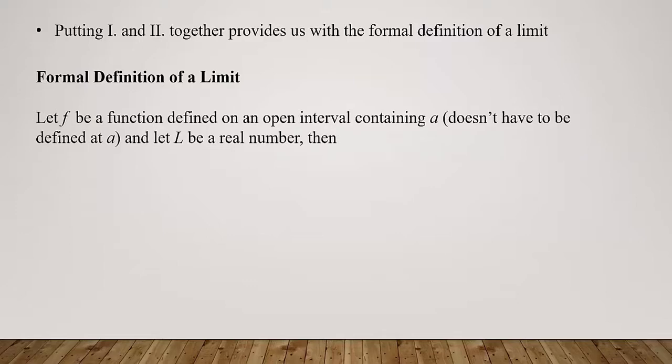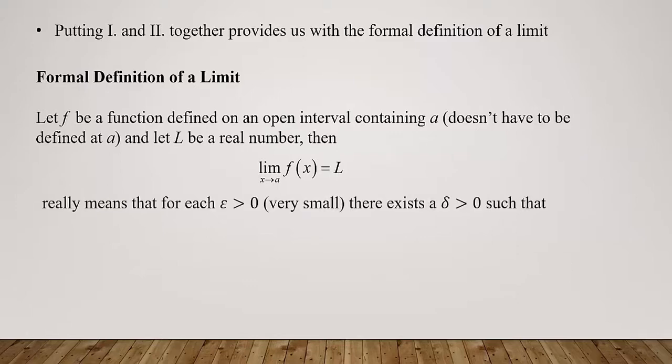F is a function that's defined on an open interval containing a, and parenthetically, I'm just reminding you that the function does not have to be defined at a. And let L be a real number. Then the limit as x approaches a of f of x equals L really means that for each and every epsilon that is greater than 0, and we're talking very small numbers here, there would exist a delta greater than 0,